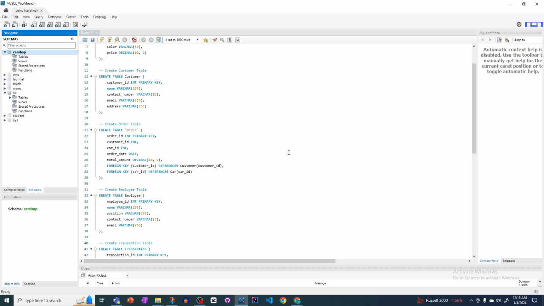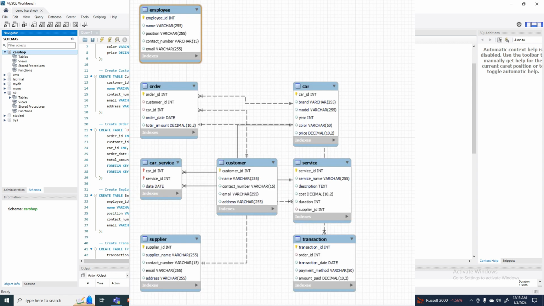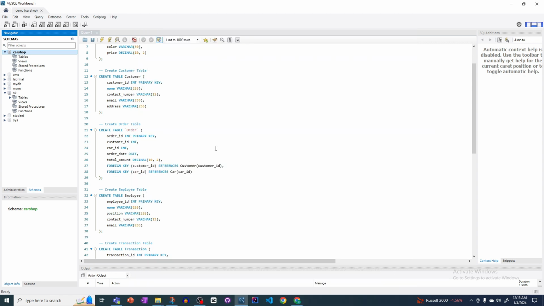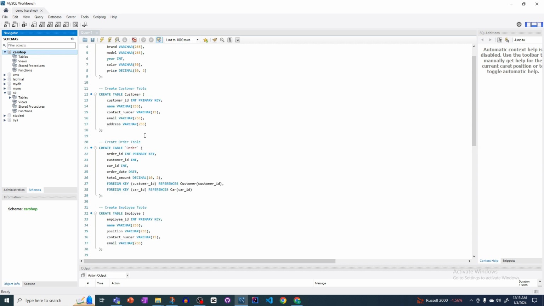In this video we'll see how we can generate an ER diagram like this. So that is actually simple. What we need to do is first of all select our database. Here you can see car shop is my database name, and here I have created 8 tables or 8 relations